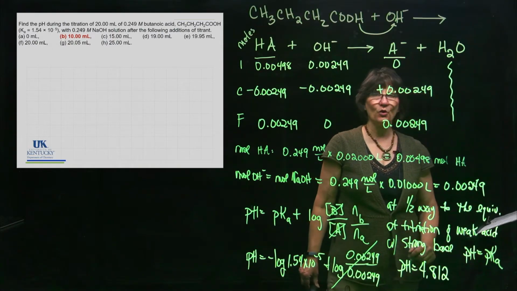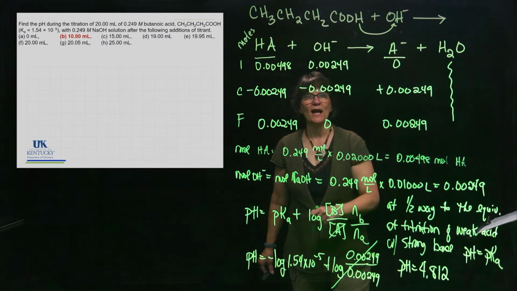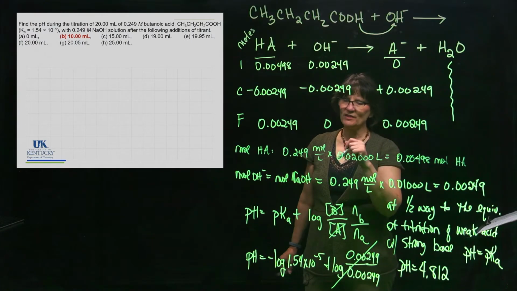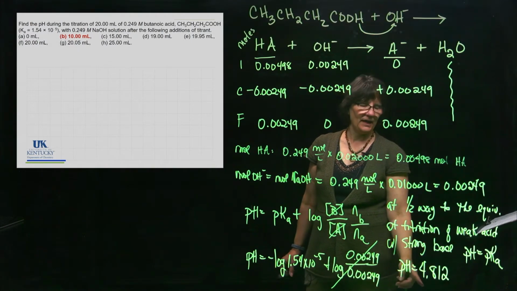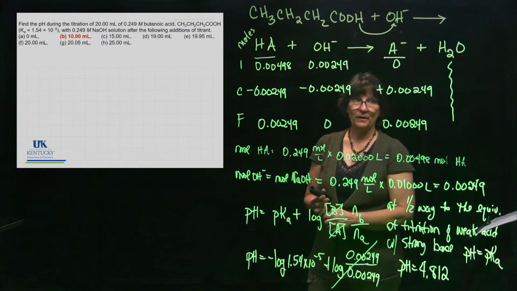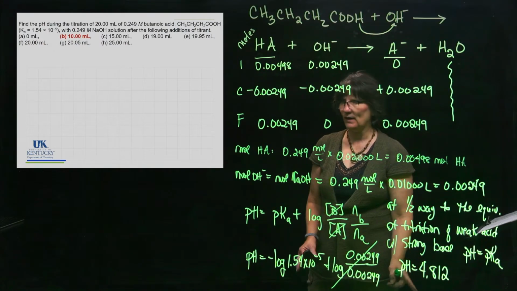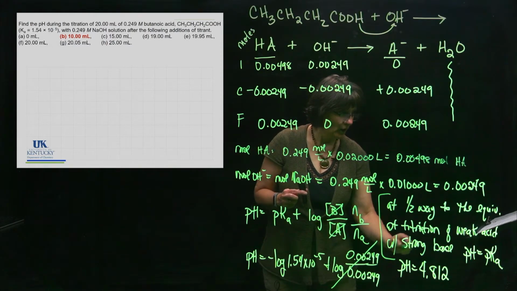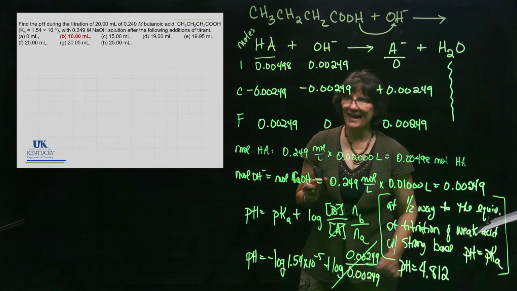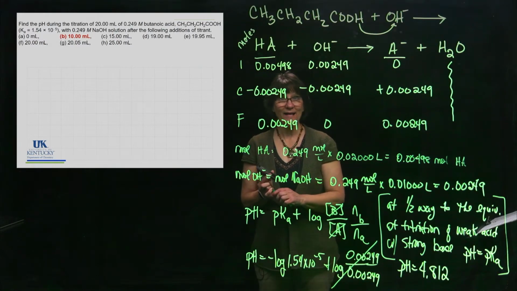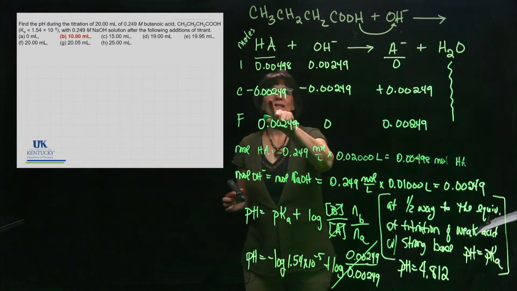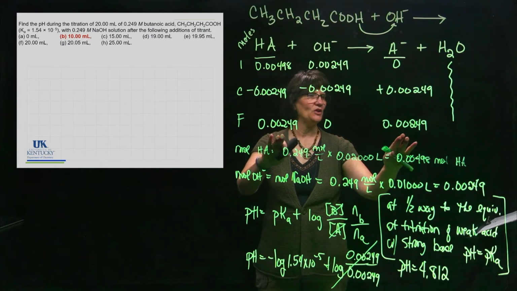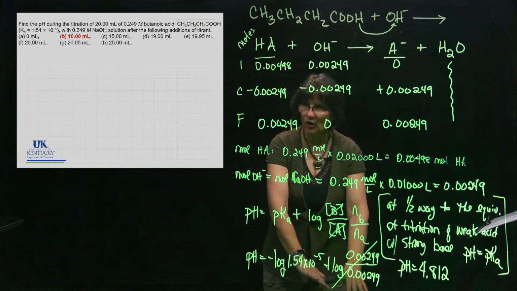So if you were in a laboratory and you stuck a probe down in there and you noticed that you were halfway to the equivalence point and you said, well, what's the pH? Then you suddenly know the pKa value because you know the pH. They go hand in hand right there. And this is a handy thing to know. I wouldn't say it's handy to memorize, but it should make sense to you that if you're halfway to the equivalence point, that these have to be equal to each other, and that would make this term go away and